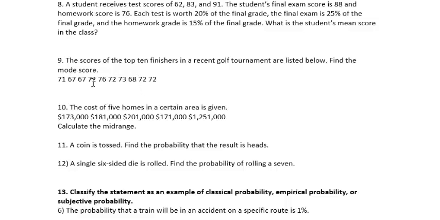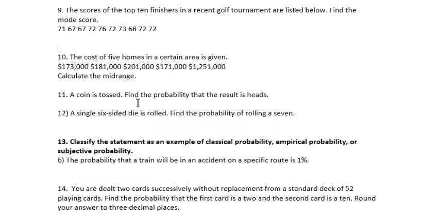We've got 168, 173, 171, so clearly 172 is the mode. If you wanted the median, you'd line them all up in order and pick the middle one. If you wanted the mean, you'd add them all up and divide by 10. If you want the mode, just see which one occurs the most often, and clearly 172 is the one that